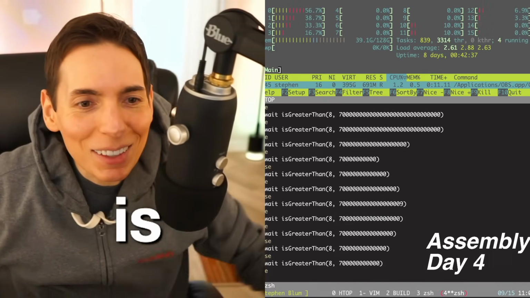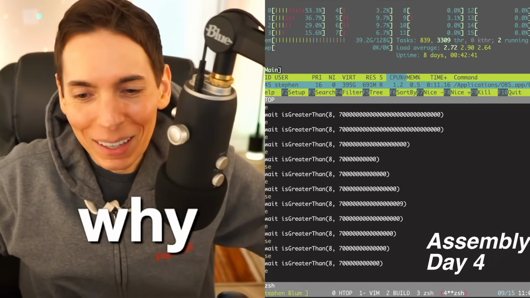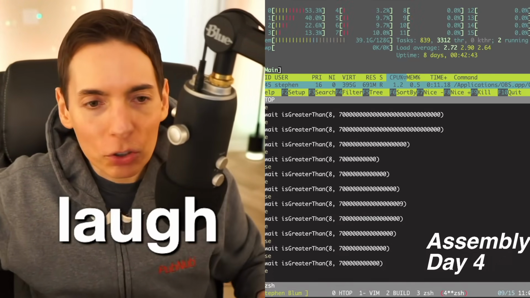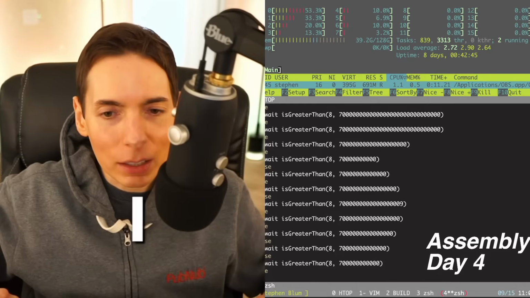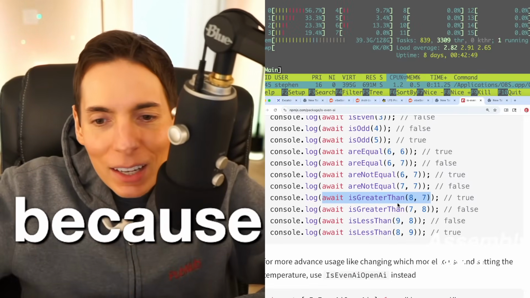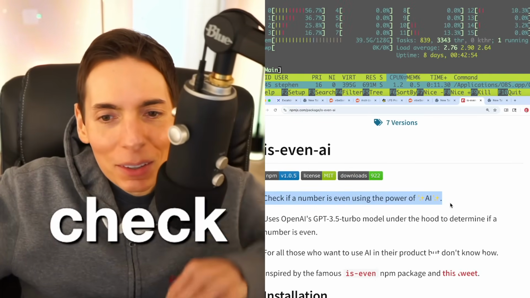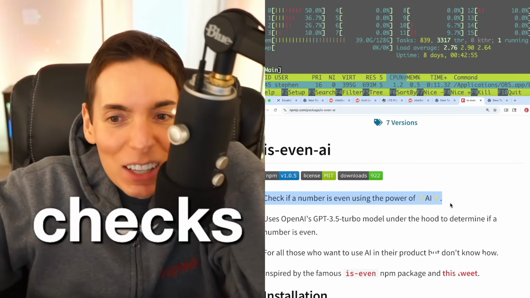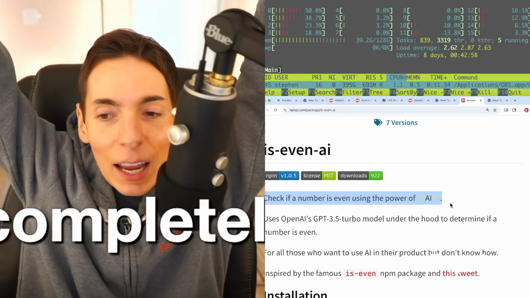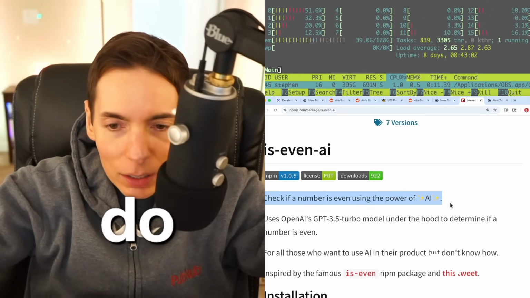Why is it async? Yeah, I know, right? That's why I was laughing. I don't know if you just joined or not, but I had to laugh for like a minute there because it had to be async await, because it's using the AI to determine these checks. It's completely unnecessary, and it's an intense use of resources when all you have to do is just use something